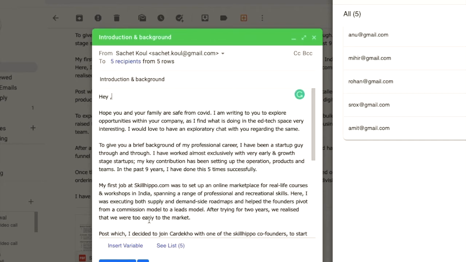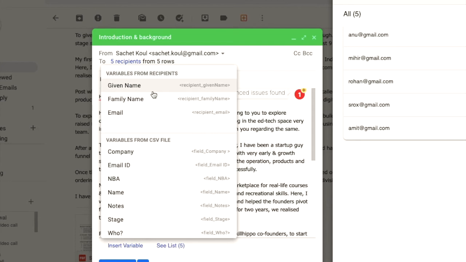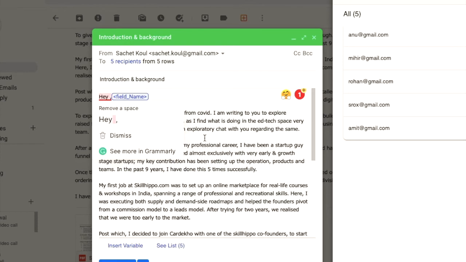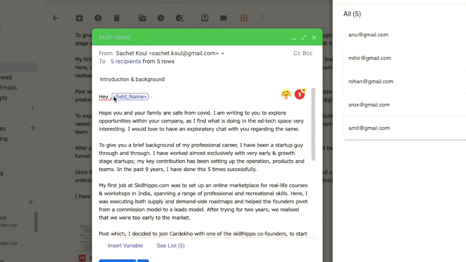Right. Next thing you want to do is insert the variable, let's say the given name. Let's insert the name variable. And you can see if it is working or not by scrolling over these, right?